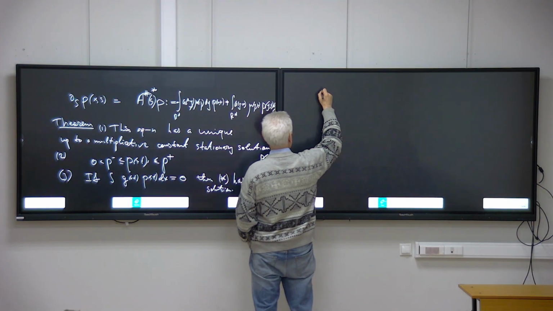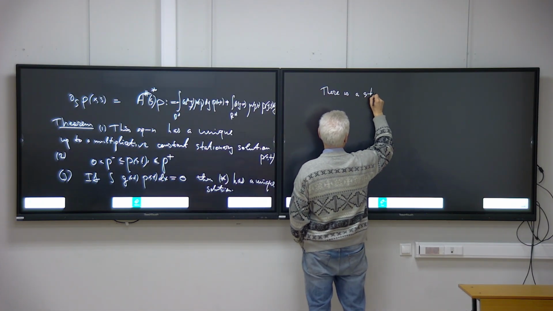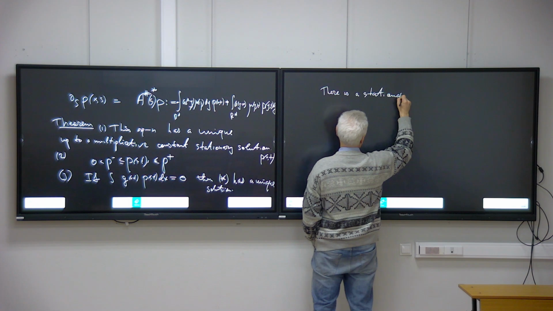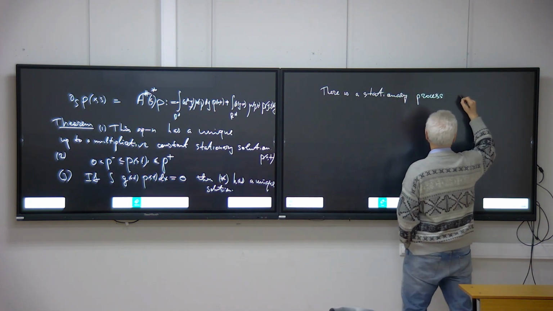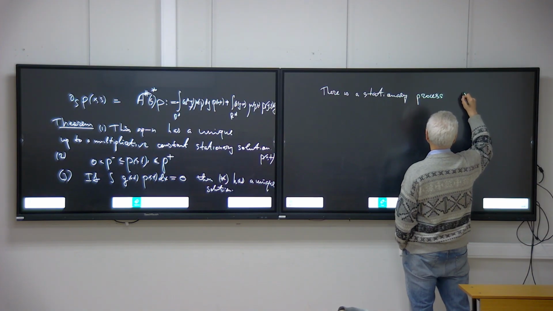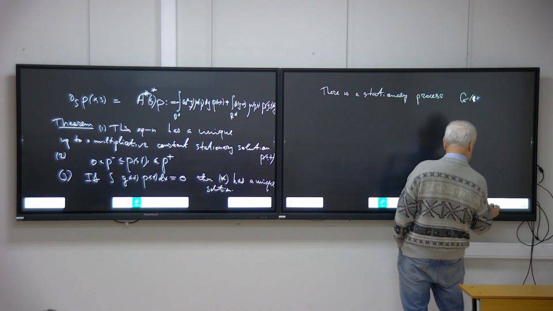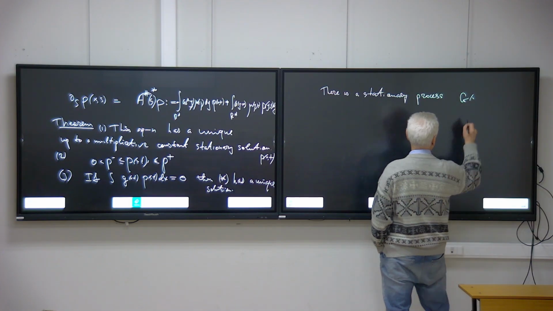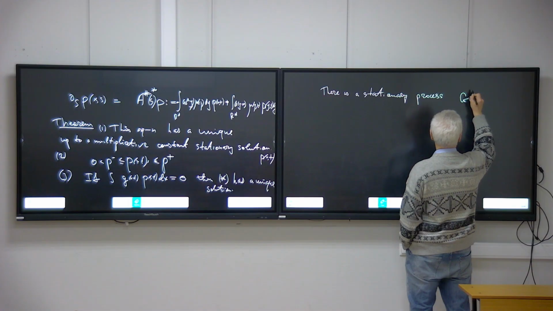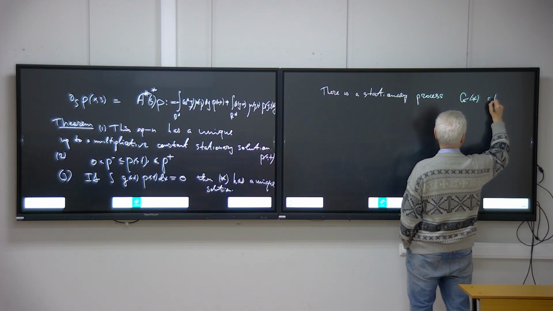There is a random stationary process. Let's call it G of t, such that